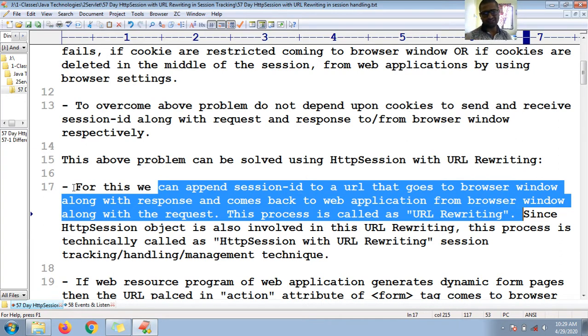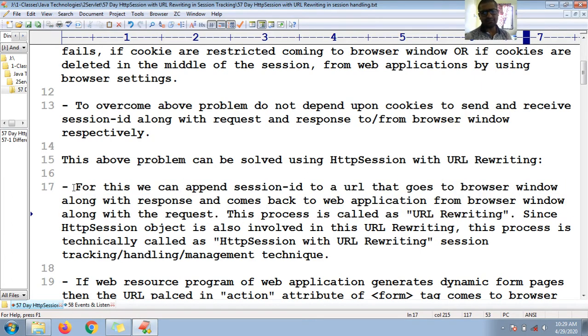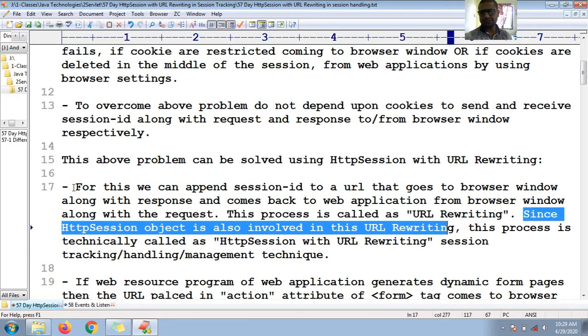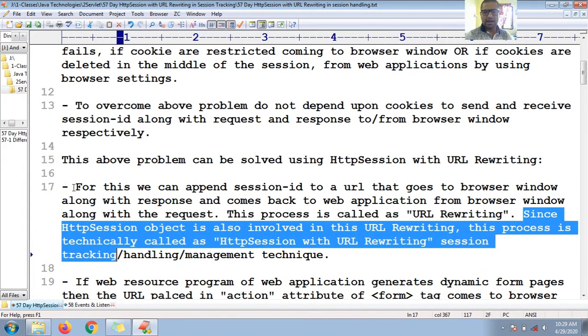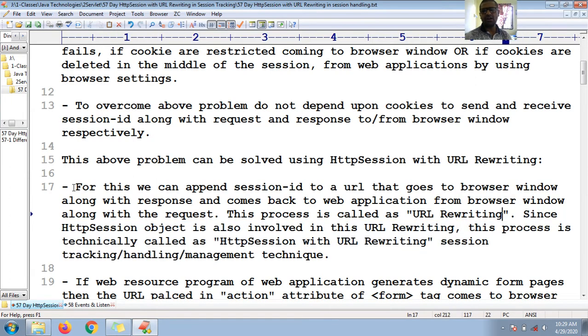This whole process is called URL rewriting. Since the HTTP session object is also involved in this URL rewriting, this process is technically called HTTP session with URL rewriting in session tracking, session handling or session management technique.